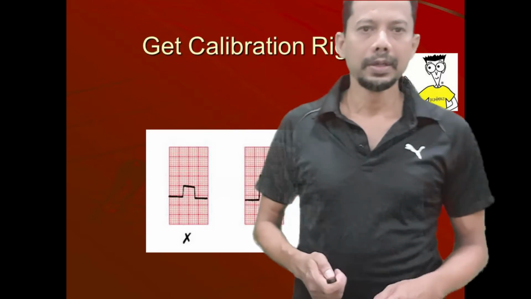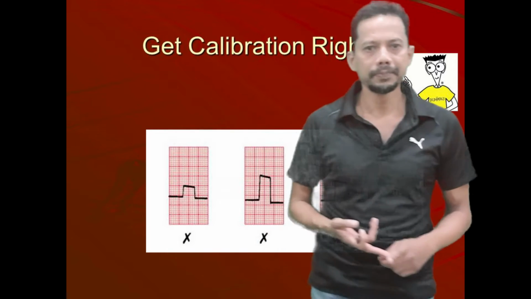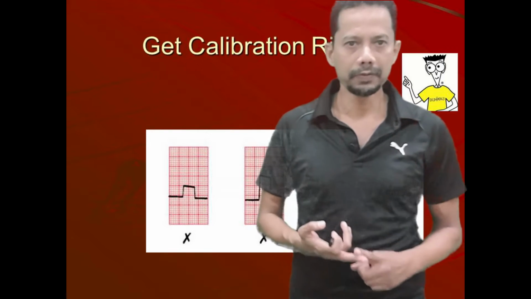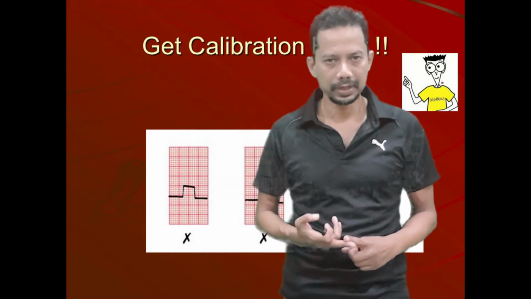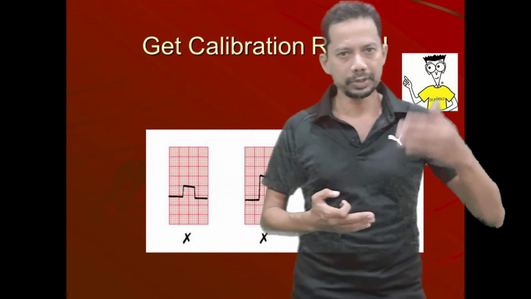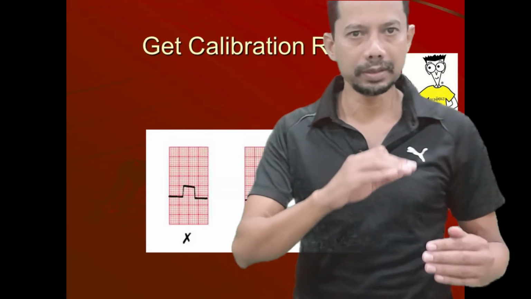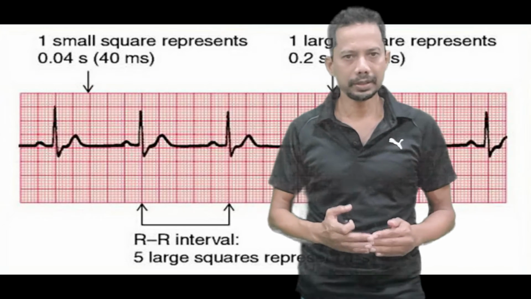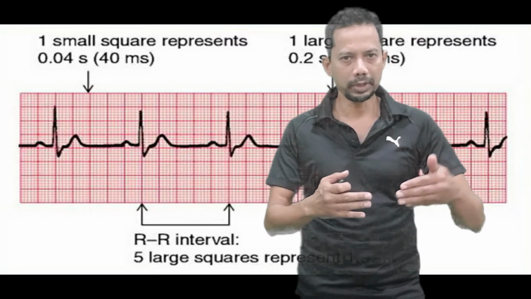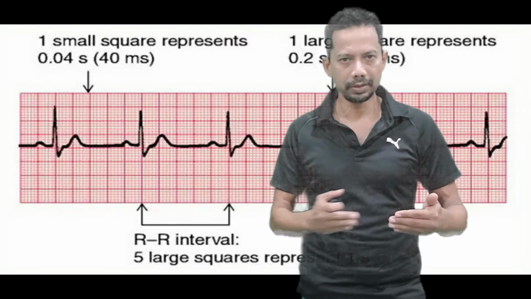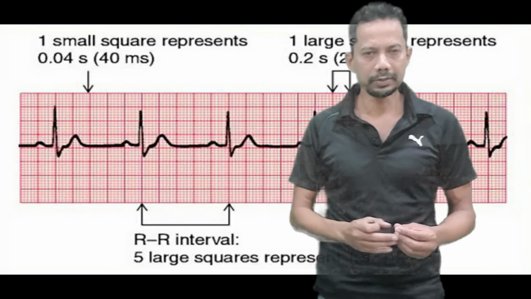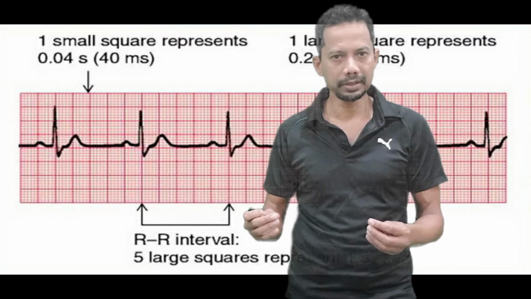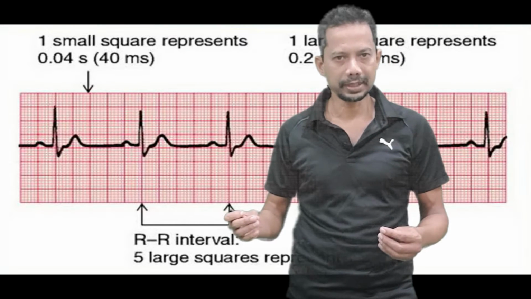Welcome back. Till now we have discussed the calibration, the importance of calibration of the ECG paper, and it should be 10 small squares in height and horizontal plateau and then vertically down, and that represents the voltage. Vertically it is the voltage, horizontally it is the duration, and one small square is 0.04 seconds in duration, one big square is 0.2 seconds, and 5 big squares are 1 second.